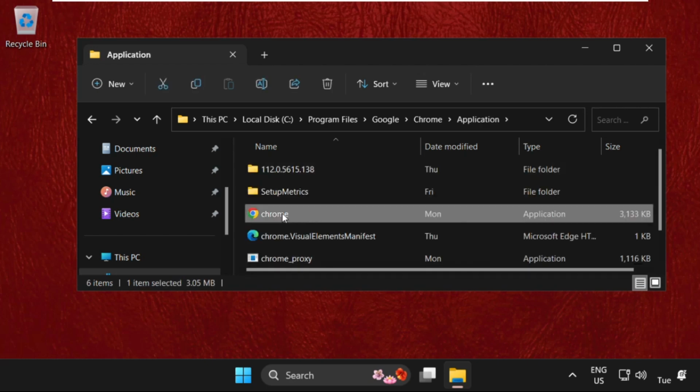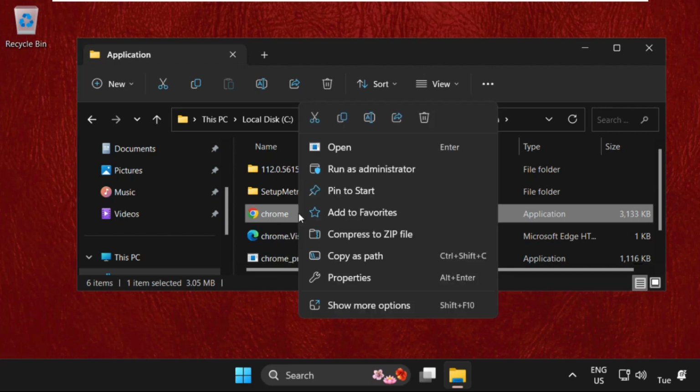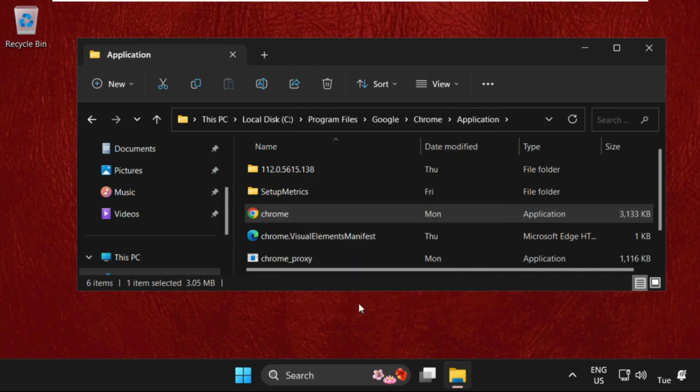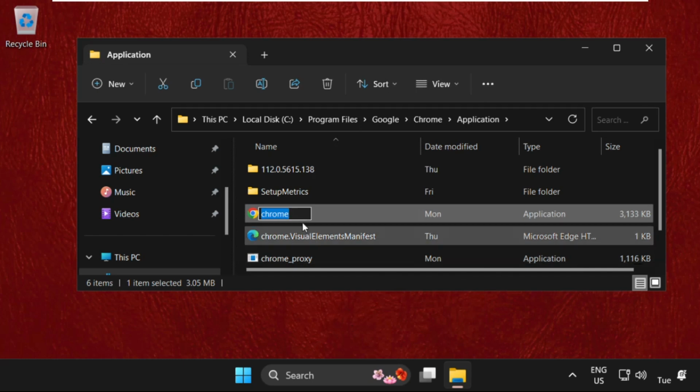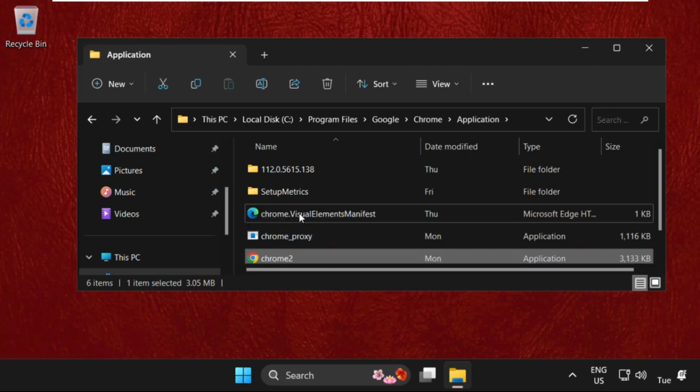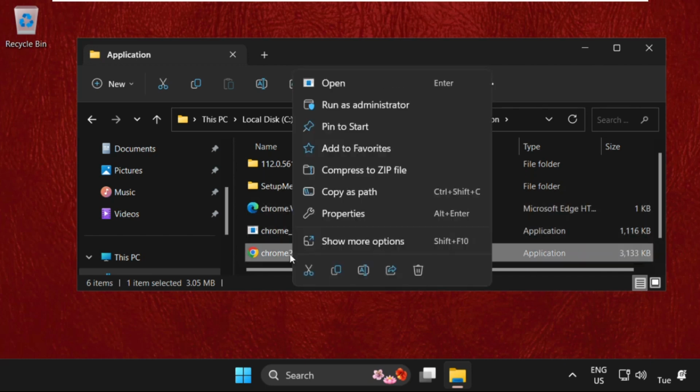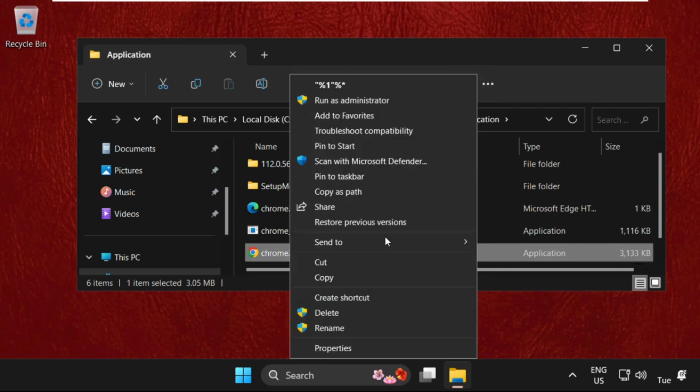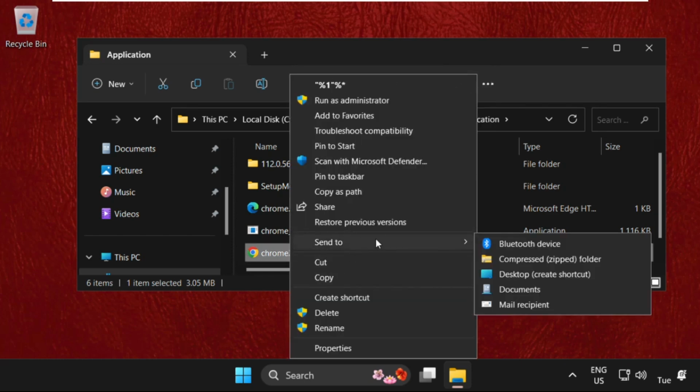And here we need to rename this Chrome application exe file. So simply go to show more options and click on rename and just add anything, for example add 2 after Chrome and hit enter. Now just right click on it, select show more options and select send to and click